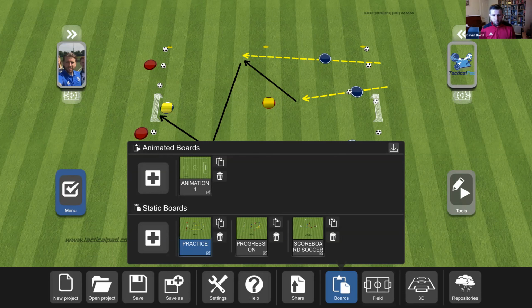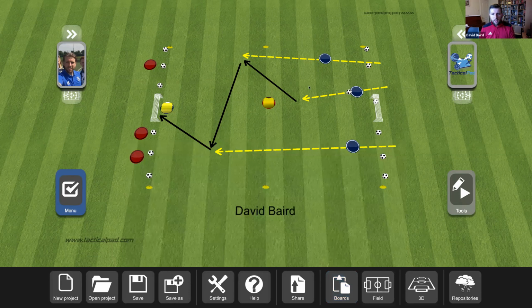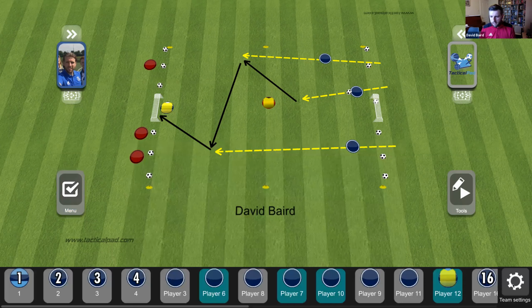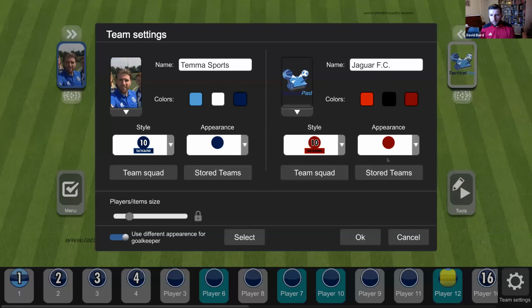So on the static boards, I've planned a session. I've brought in the players that I'm going to use. I've put in the lines to explain what's happening. I've changed my team settings so they appear the way I would like them to appear. I've put a picture of the coach. I've put a picture of TacticalPad. I'll maybe put just the coach's name here. And for example,